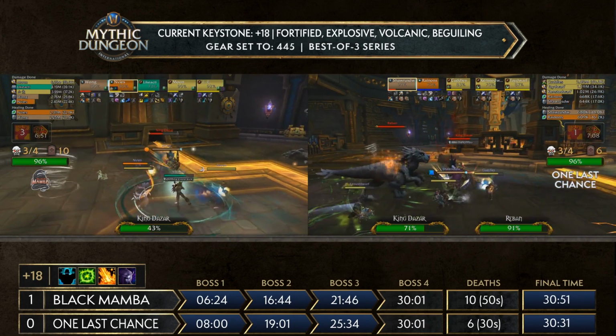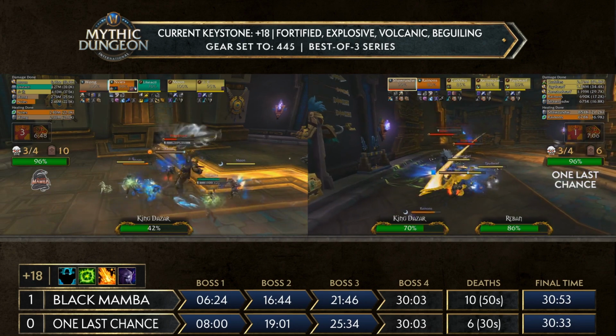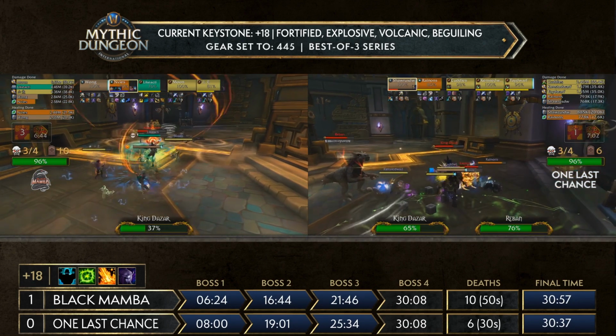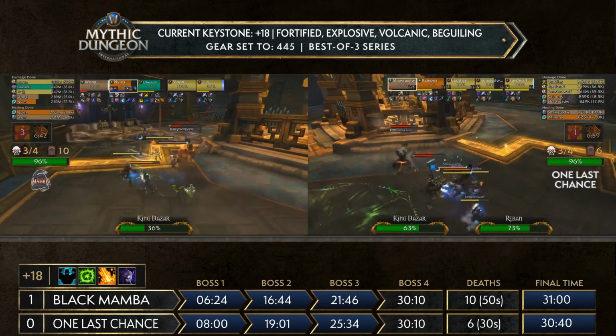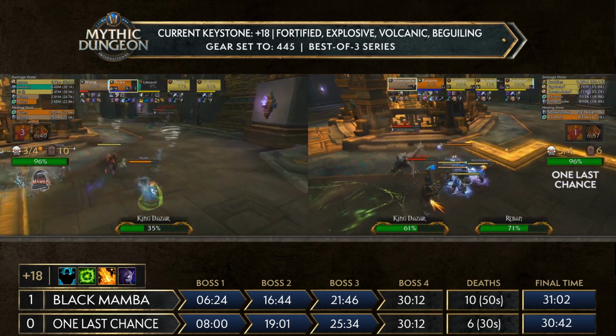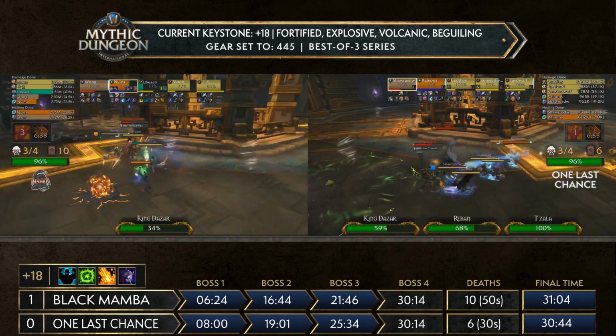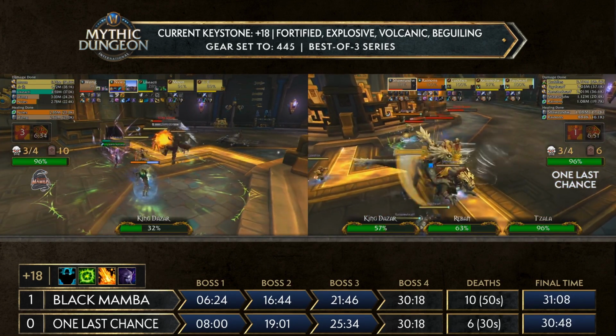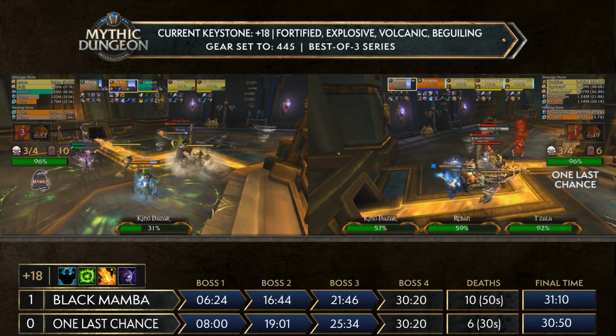So they definitely made mistakes too, but because their strategy seemed to be a little bit more refined, and because of this huge mistake that happened to One Last Chance and Shadow of Zul, they're gonna be the ones to pull it off. There's still a 20 seconds difference in deaths, but there's just not gonna be enough. I don't think so, especially because I believe their single target damage is also a little bit worse on One